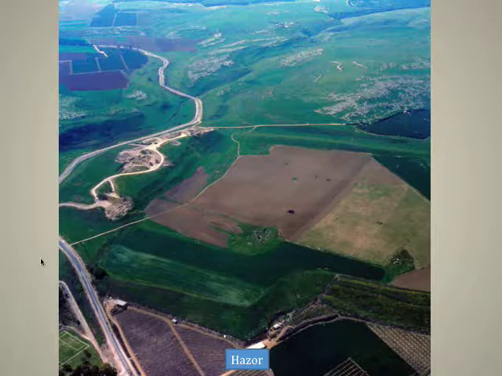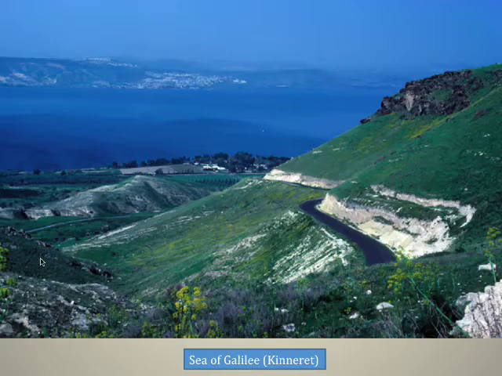Hatzor is exactly at the demarcation between the upper and the lower Galilee on the eastern edge of the Galilee, looking down towards the Jordan River. So, like Dan, it marks a number of edge points in a complicated topography. If you go south from Hatzor, through the hills of the lower Galilee, then you get to the Kinneret, the